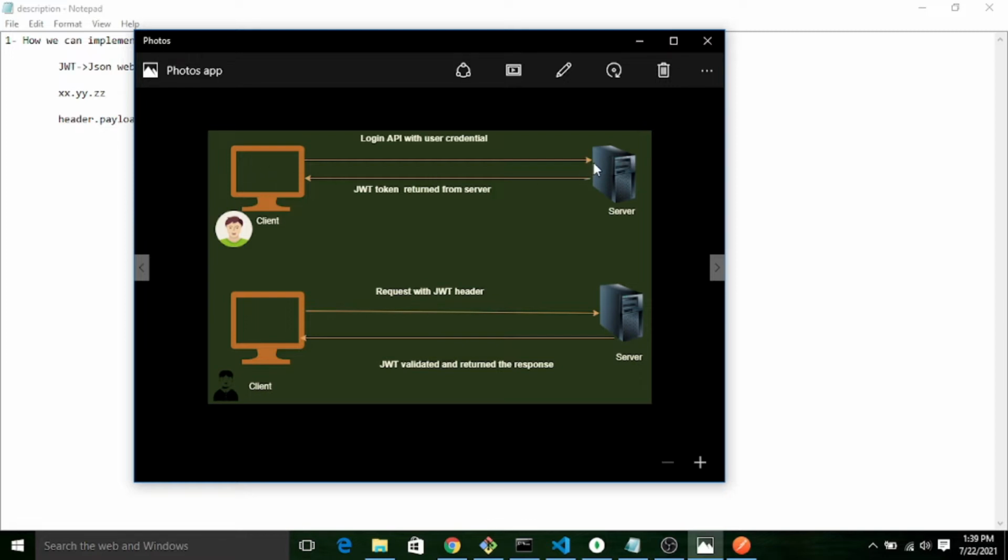So after validation with the database, the server will generate one JWT token. Let's say this is our Node.js server. Let's say the client sends username and password that is validated with MongoDB, and once the validation is successful, the Node.js server will generate the JWT token and return it to the same user.